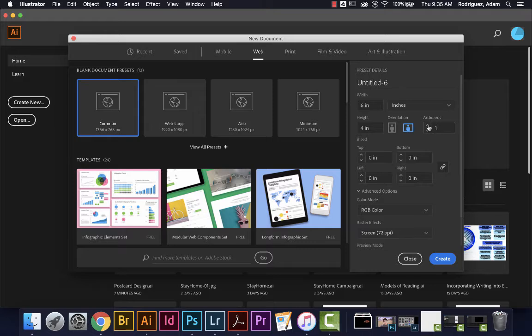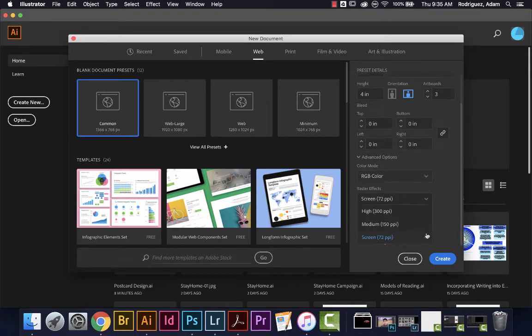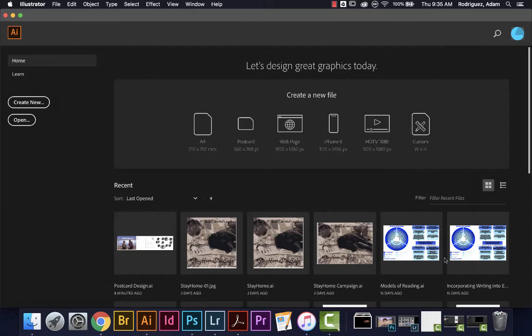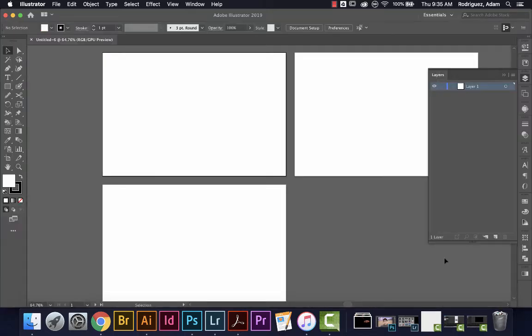I know that I'm going to need at least two, a front and a back artboard. I'm going to have a third one because I'm going to do a little brainstorming session on one of those artboards. So you'll see that in a minute. We don't need to mess around here. We're going to leave it in RGB. Instead of having it at 72 pixels per inch, I'm going to move it up to a medium size, 150 ppi right there. Awesome. Hit create. And now we have our 3 artboards